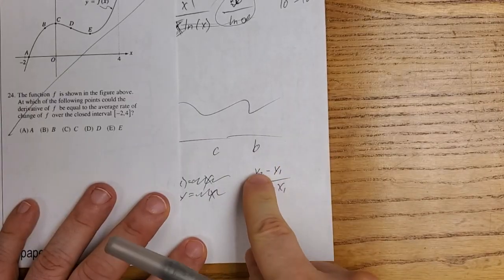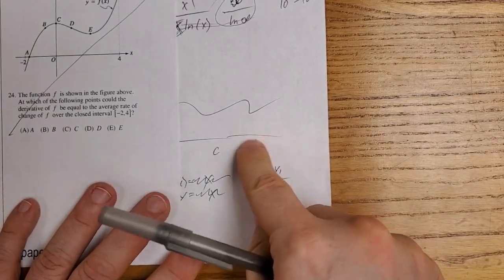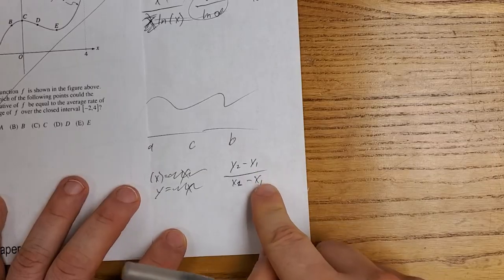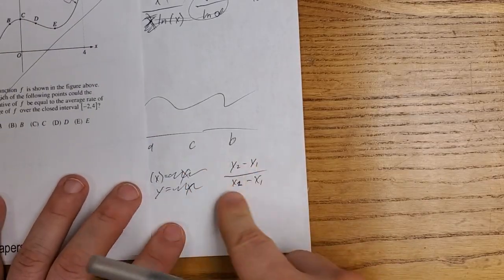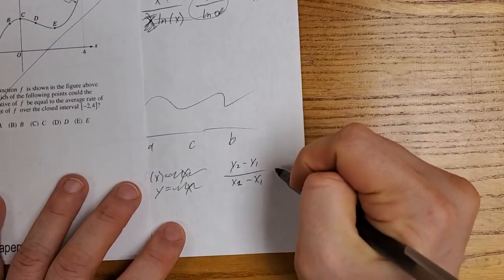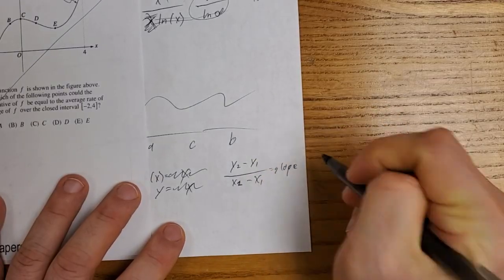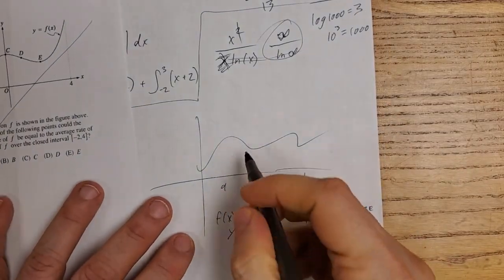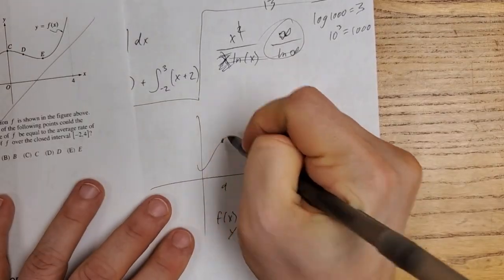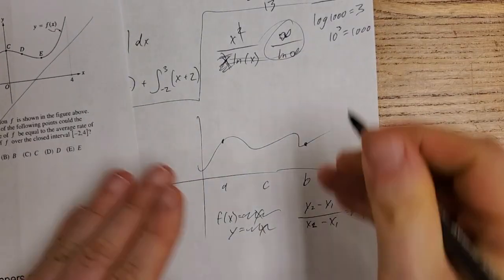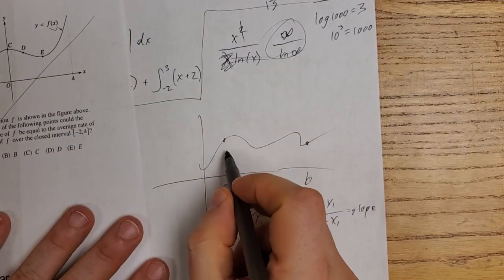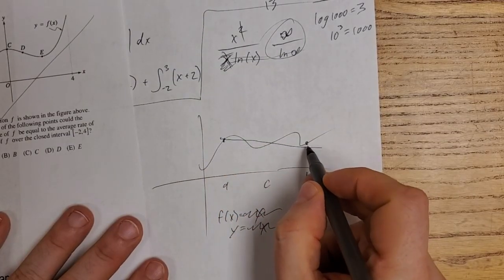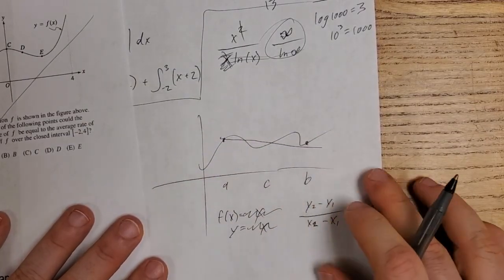If x and y2 is the b and x and y1 is the a, we're just talking about the slope. This is just the description of the slope. Whatever the point is there and whatever the point is there, we don't know what it looks like. They're somewhere, but if we have the straight line slope between those points,